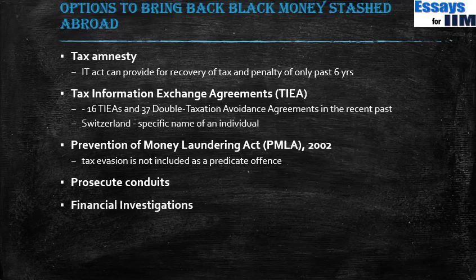Another thing is, we can have a very strong financial investigation system. We should have. Right now what happens is that all our systems are in silos. Even if income tax is a sophisticated system, it is not linked with other things. So it is not linked with the indirect tax. It is not linked with their own assets and property tax.